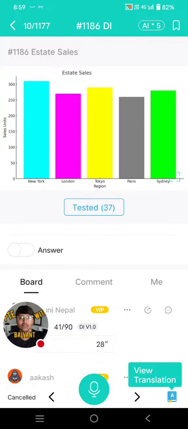New York, London, and Tokyo are also observed on the left side of this image. Paris and Sydney are also observed on the right side of the image. Multiple numbers like 50, 100, and 150 are highlighted in this image. 250 and 300 are also mentioned in this image. I can also consider the highest amount, which is 300. I can also consider the lowest amount, which is 0. Multiple colors like pink, yellow, cyan are also observed in this image. To conclude, this image is very interesting and informative,